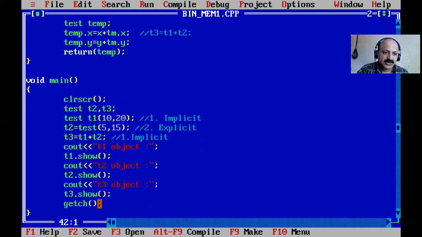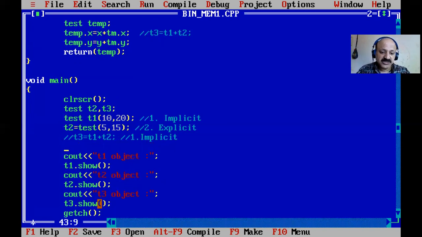And now I just give the comment line, this explicit technique. Okay. And now write the explicit technique. So here the handler is there. Now T1 is the caller, so that statement converts into this statement. So we can write how it converts: left is the caller and right is the passed argument.